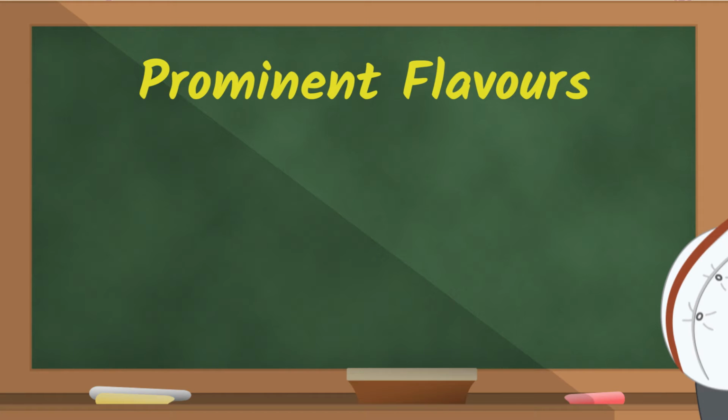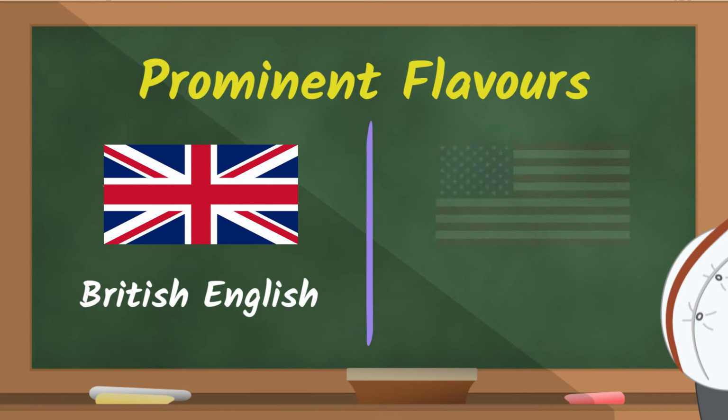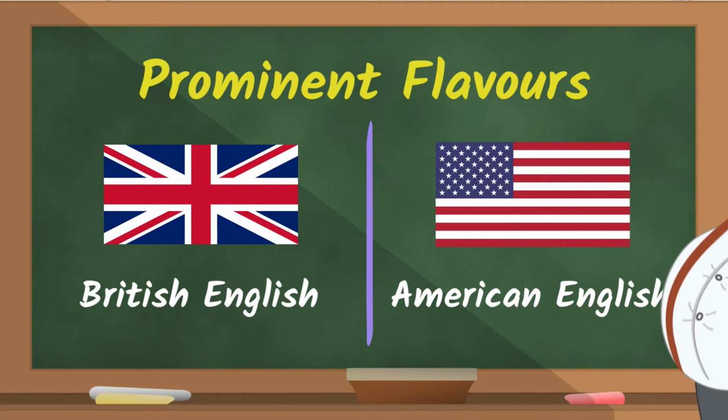Generally speaking, there are two prominent flavors of English followed around the world, mainly in terms of accent and pronunciation: British English and American English. Though the modern world is slowly adopting the American English format, the British format has been around for centuries and is still prevalent. India as well has had a significant influence of British English because of obvious reasons, and even today the British format shows dominance in Indian English.